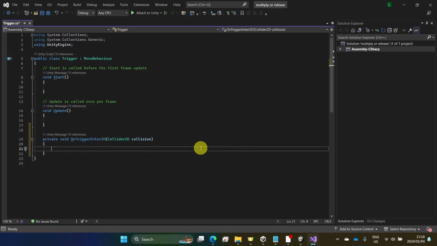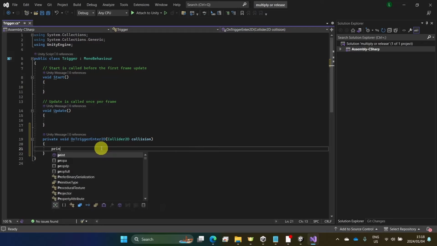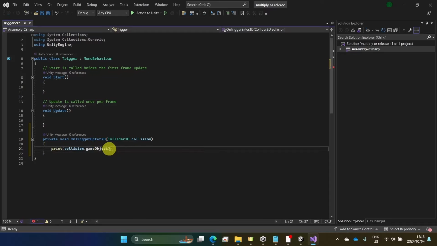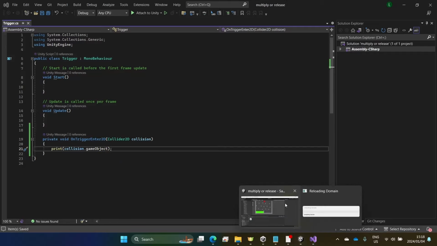So whenever something enters the trigger, this function will run. Let's see what happens. I'm going to do print collision.gameObject. This will tell me what has entered the trigger. I'm going to save this, go back to Unity,